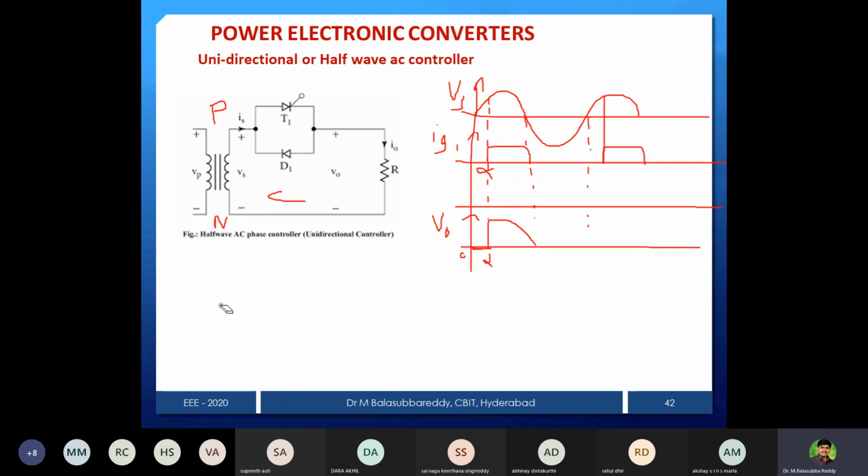Once the thyristor is turned off at pi, then what will happen? T1 is turned off at this instant. And the negative half cycle from pi onwards, pi to 2 pi, what will happen? This will be forward bias because this is negative, this is